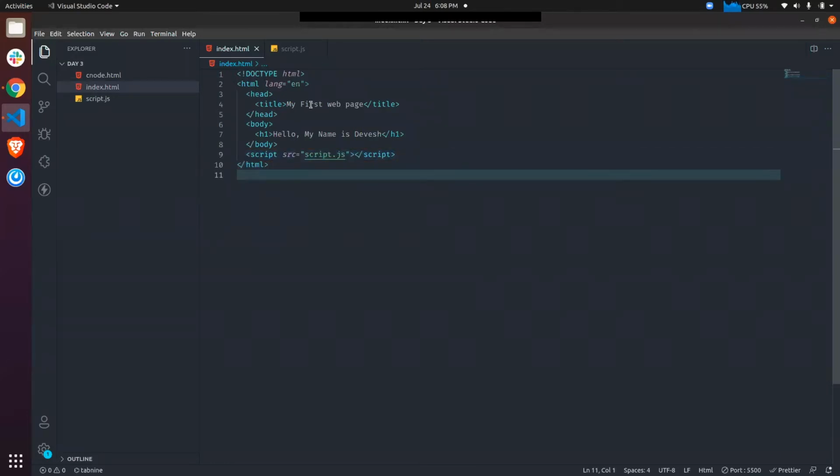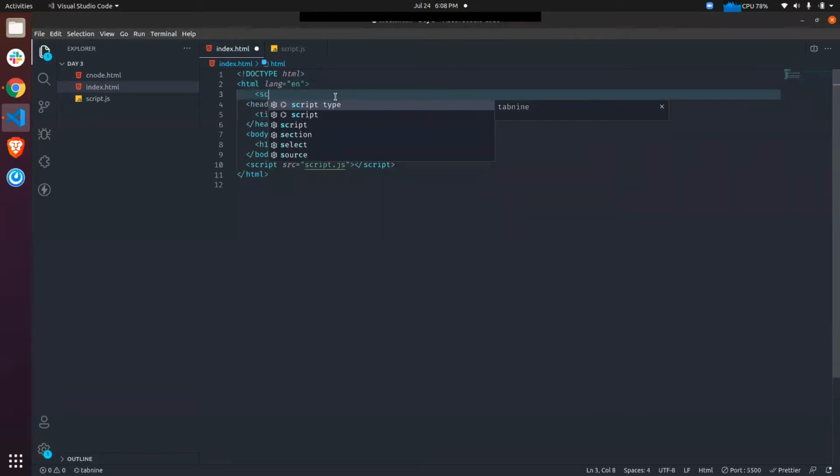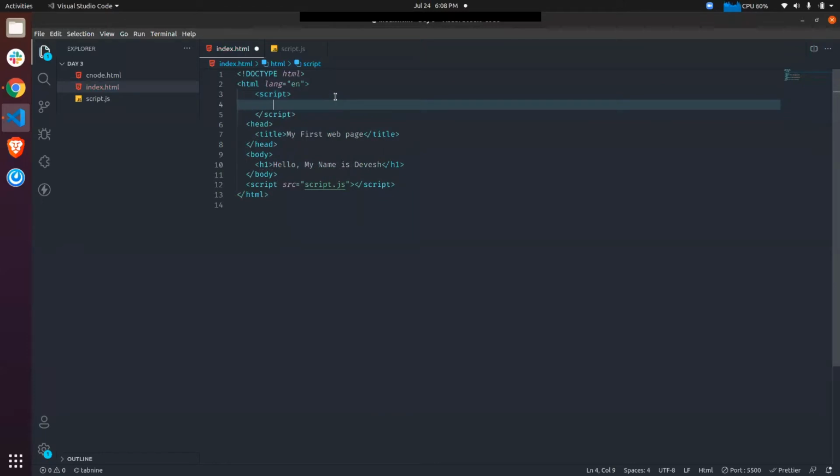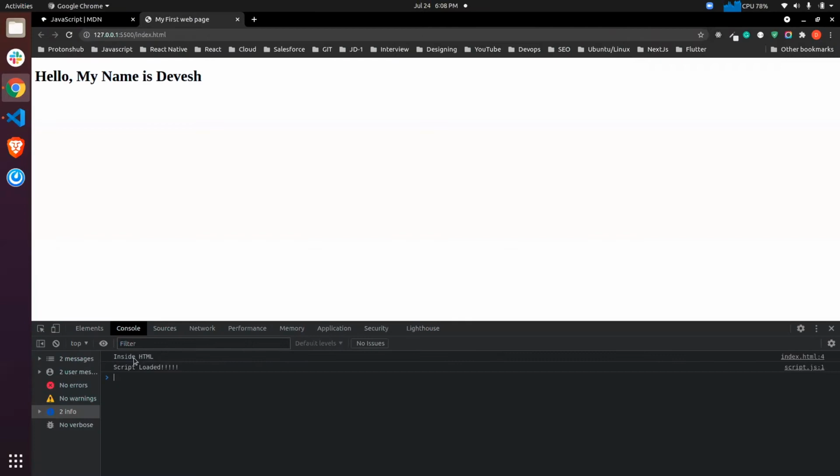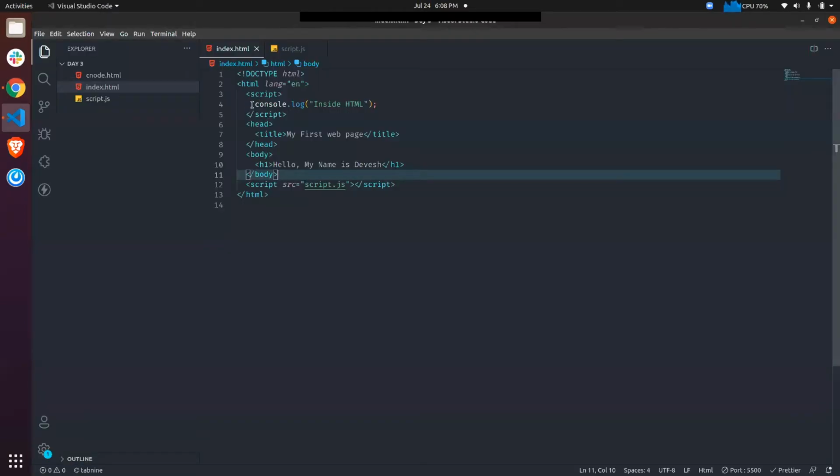You can do it in the same file as well using the script tag. You can write your JavaScript here. You can write anything like console.log inside HTML, something like that. It will also work. For console log, this is a method to log something from your JavaScript.